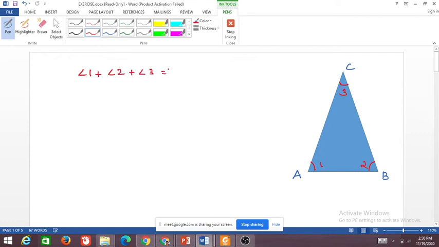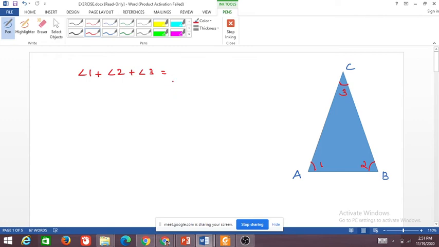Ma'am, 180 degrees. Okay, now Harika is saying 180 degrees. Ramya has net problems, okay. Only Harika is telling me the answer. What about you, Ashish? What do you think? You can answer in the chat box. Tell me what will be the measure of the sum of these angles. 180, ma'am. So you are also telling me it's 180.